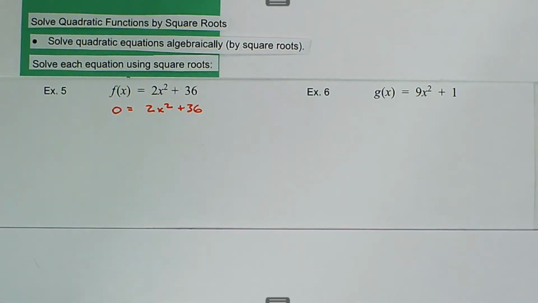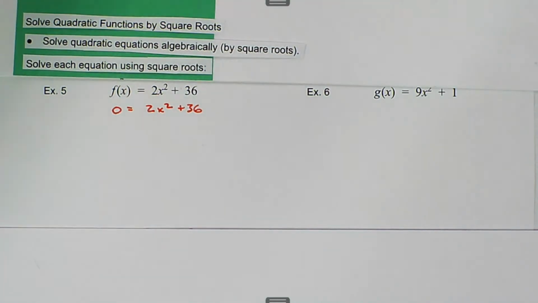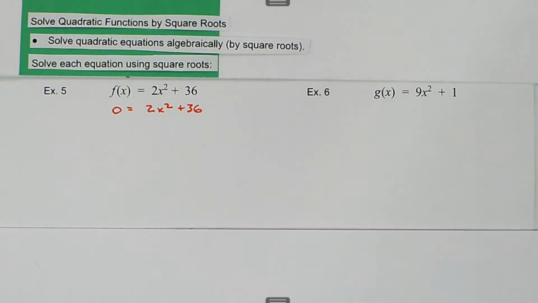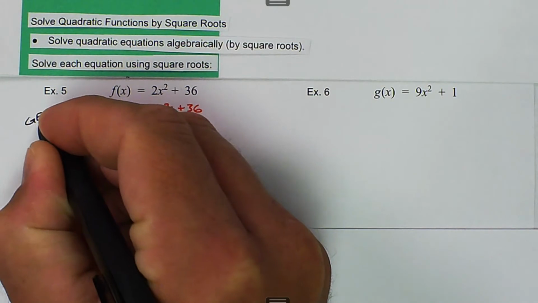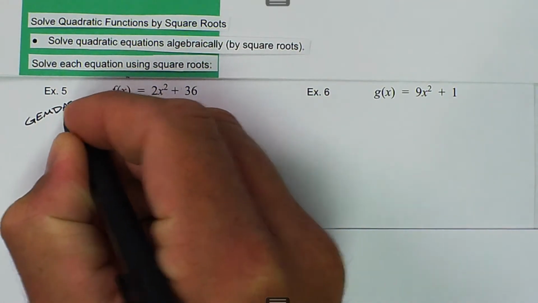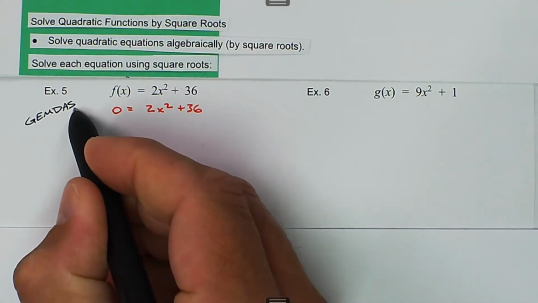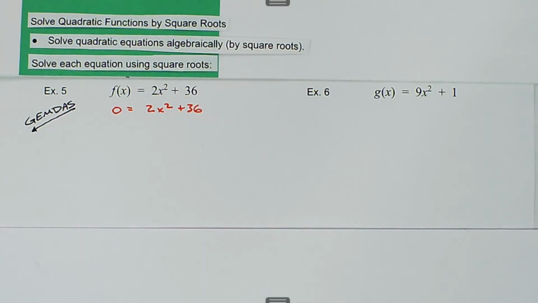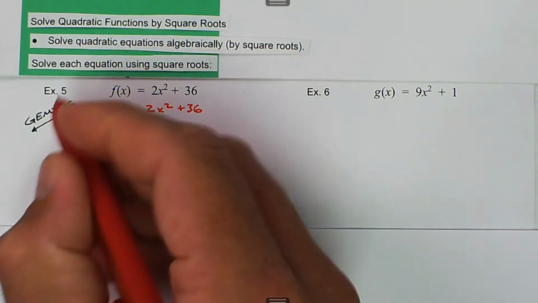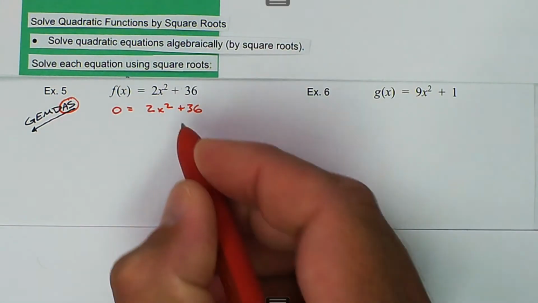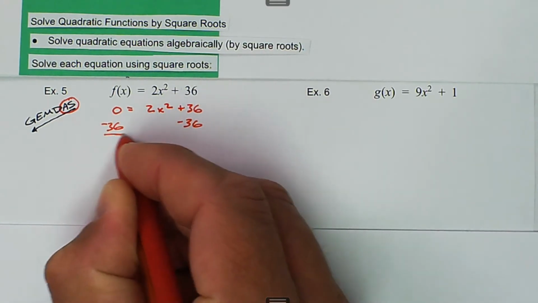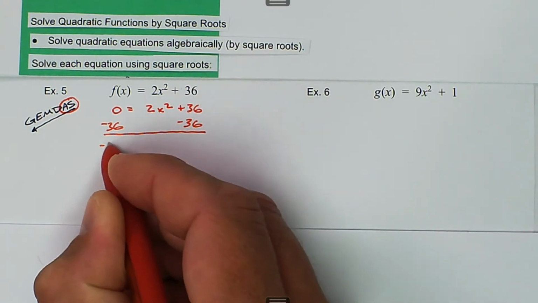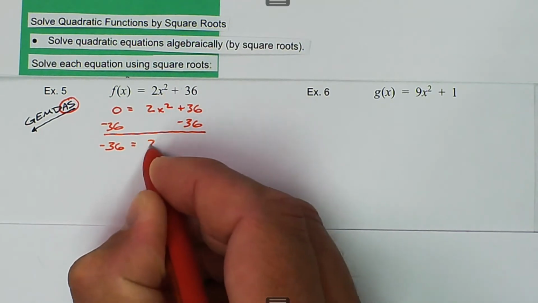Whenever we're solving, we want to use GEMDAS. And we always want to start with addition and subtraction and work our way to groups. So first thing we come to is addition, and the inverse of addition is subtraction. So we're going to subtract 36 from both sides of the equation, and we get negative 36 is equal to